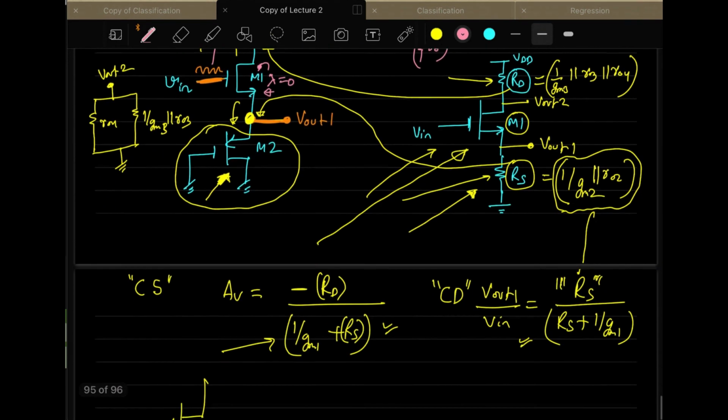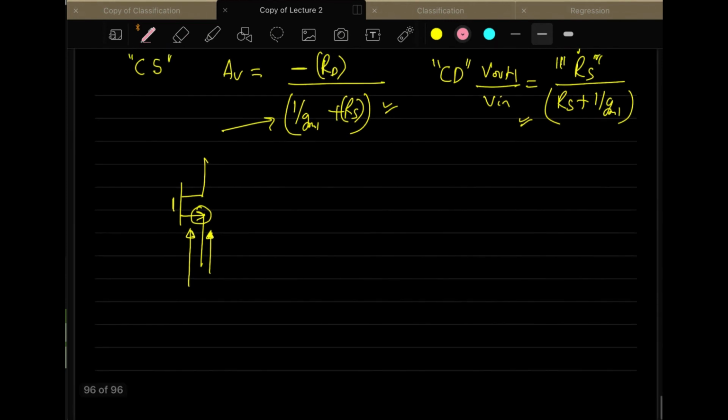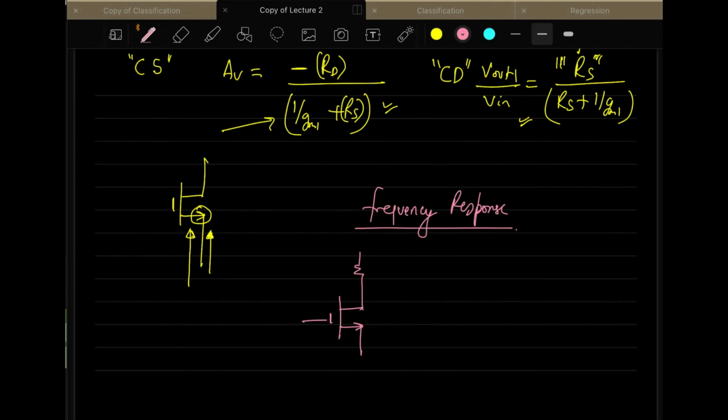So now once this is done, let's move to the frequency analysis. We will discuss frequency response for all these amplifiers. Right now, in whatever we have discussed till now, we were doing small signal equivalents. We applied a small signal sine signal, and we were checking what kind of amplification we are getting when you have a single sine wave.